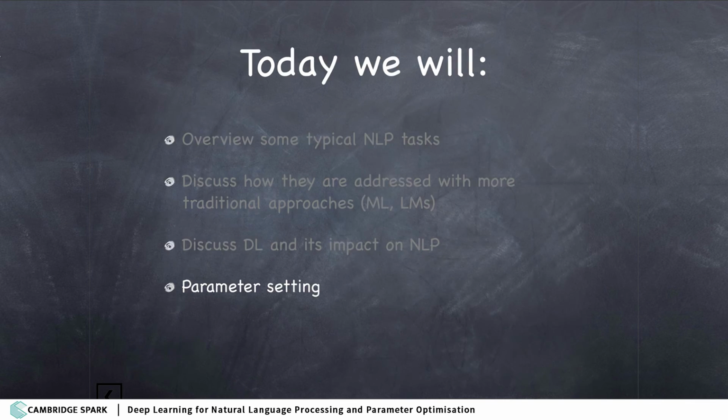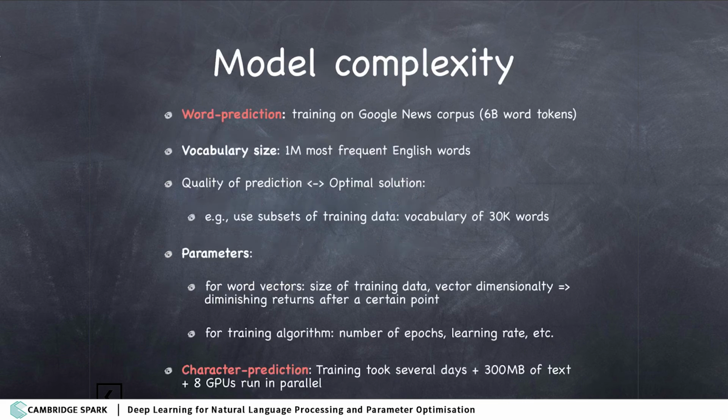So chances are you would not even be able to distinguish between a human-generated tweet and a machine-generated tweet in some cases. Now, some of those papers also mention how hard it is to actually train an efficient and successful neural network. In terms of word prediction, the system was trained on the Google News corpus, which amounts to 6 billion word tokens. The vocabulary that they used to create vectors contained the 1 million most frequent words. So that means their vectors were of 1 million dimensions. That's a lot of data, right? So what we want to make sure here is that we balance between the quality of the system and the efficiency and the optimal solution. They also tried to train the system with smaller vectors, in which case they used 30,000 dimensions.